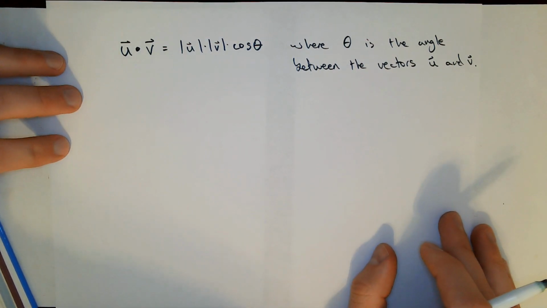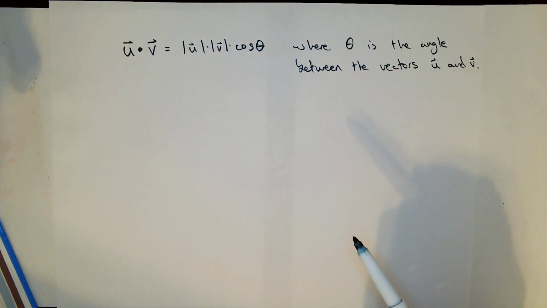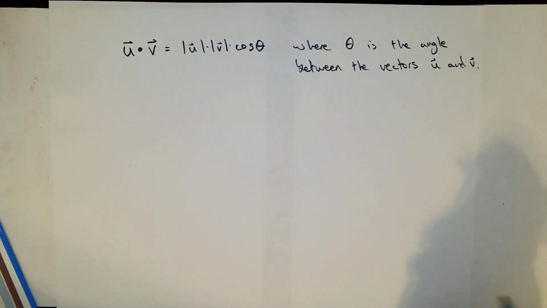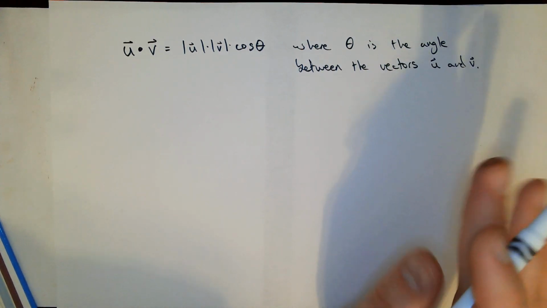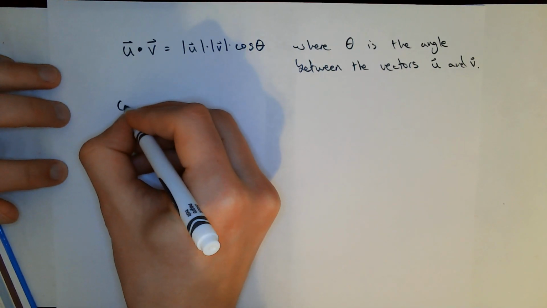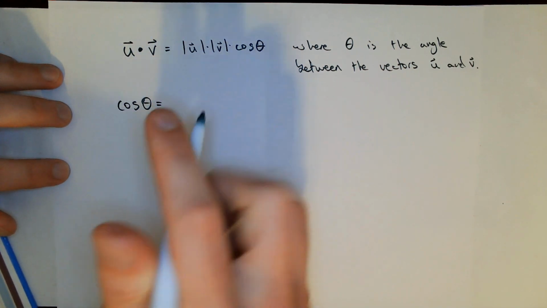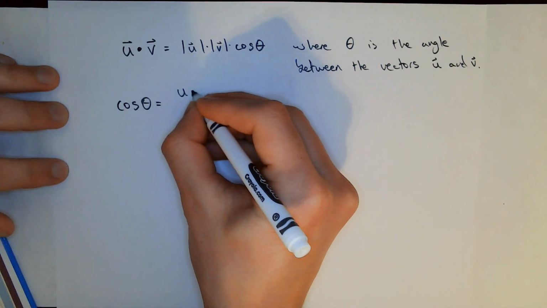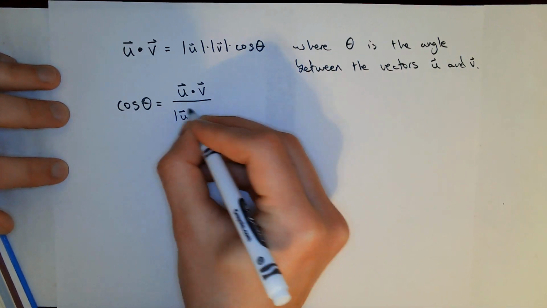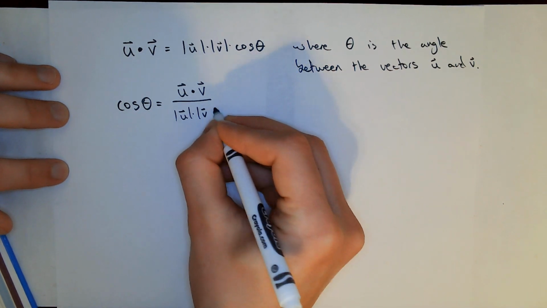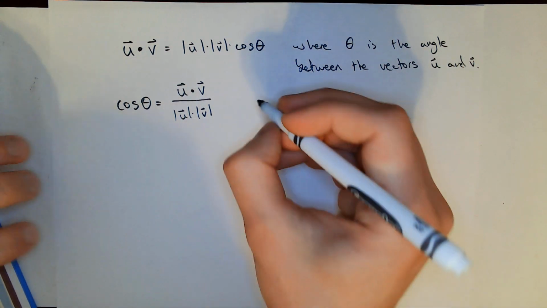So I said this is the graphical representation of the dot product, but what does it really mean? How do we get a picture involved? Well, I think it'll make a little more sense if I reorder this formula so that cosine of theta is isolated over here, and I say it is equal to vector u dotted with vector v, over the product of their magnitudes. And what does this mean for us? This means